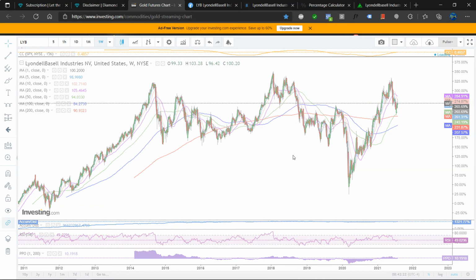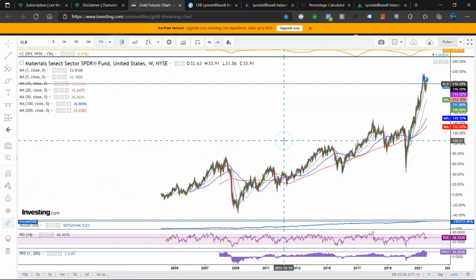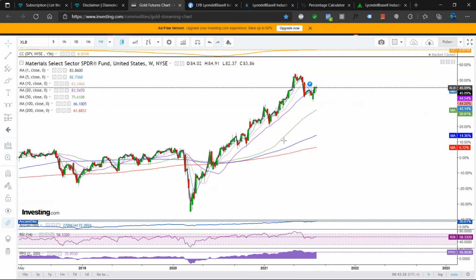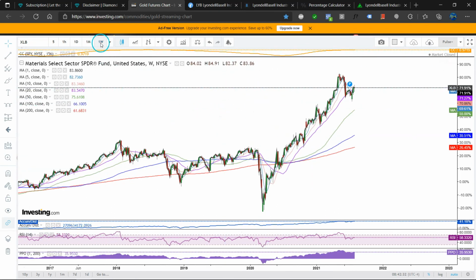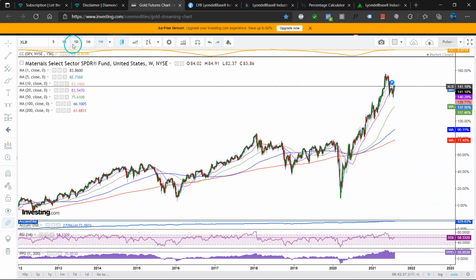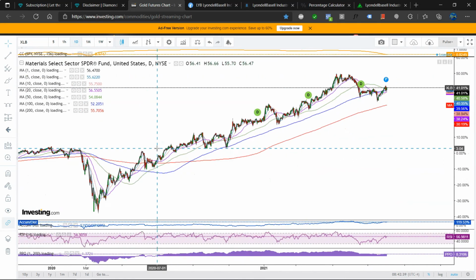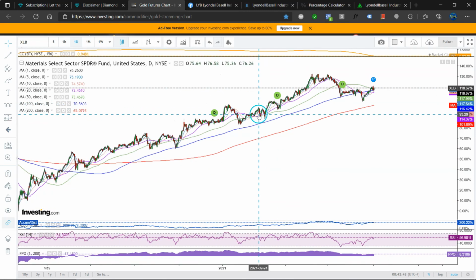Let's quickly look at XLB, which is the materials ETF, which is relevant. This one has had a little bit of a pullback. It still is a bit elevated. If we go to the daily data points, you could argue that we have some support at the blue 100-day moving average. Yeah, so this is definitively very much relevant to